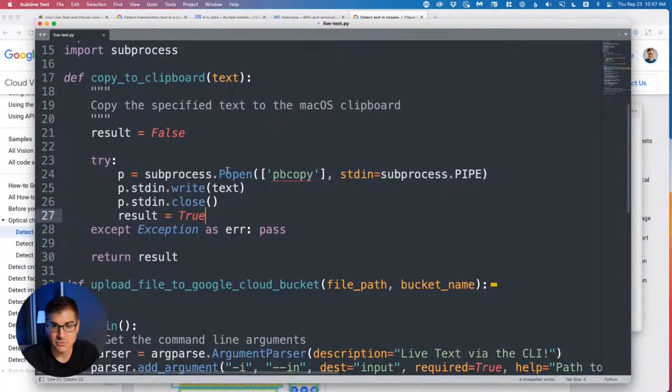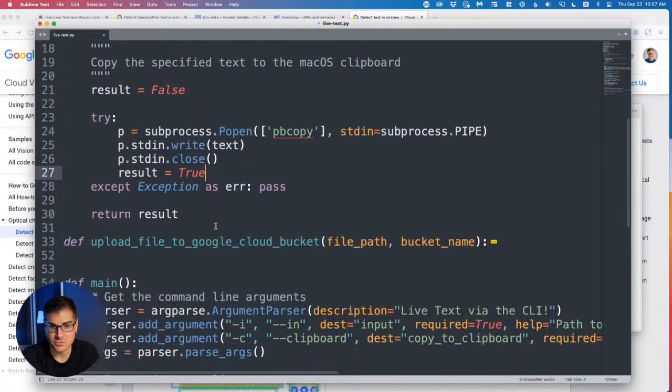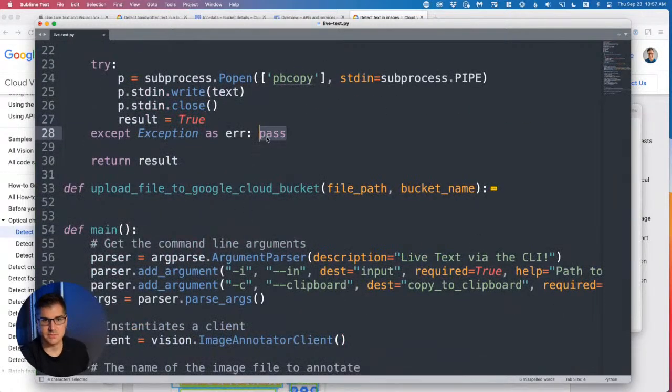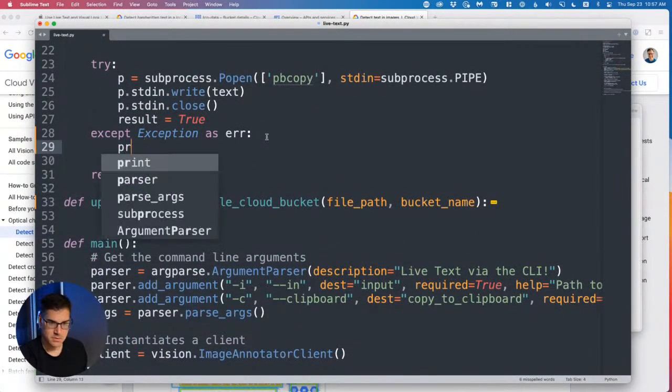Because basically what we're doing is we're just piping that text into PB copy, which is the pasteboard copy, and we're sending it the text, and then we're closing it up, and then we're returning a true result. So let's elaborate on this, just in case. Print